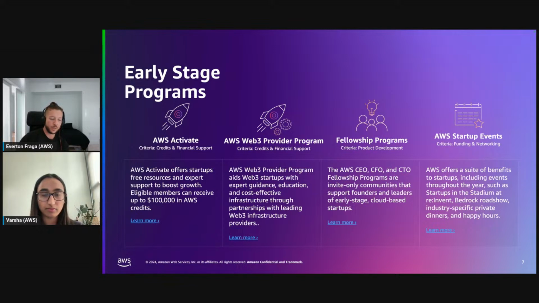So it allows builders to have specific credit allocations. They're given through these partnerships that we have with those industry names. Might have a slide in a few minutes showcasing some of them.